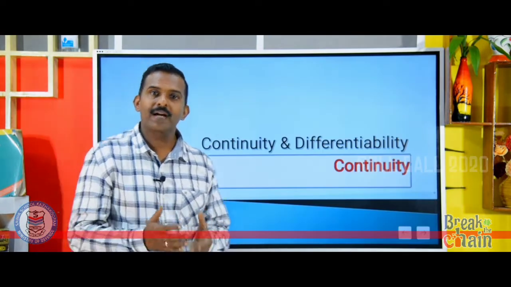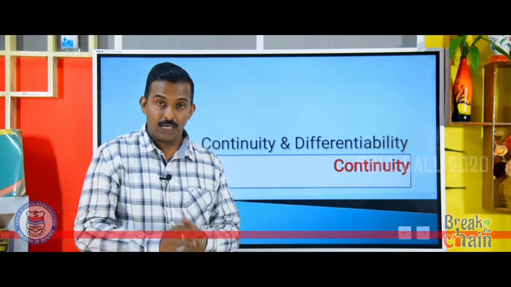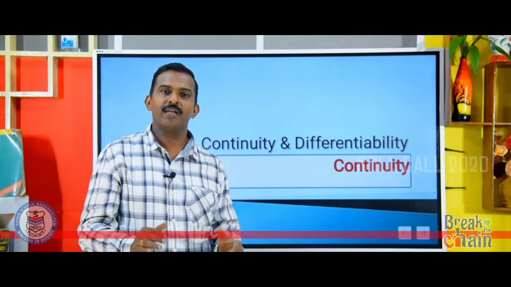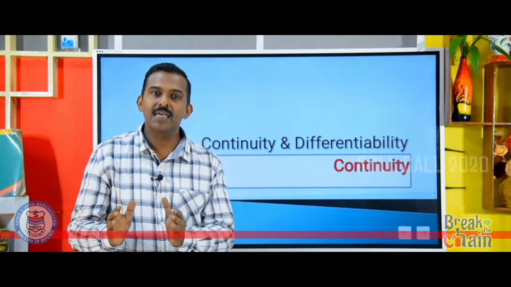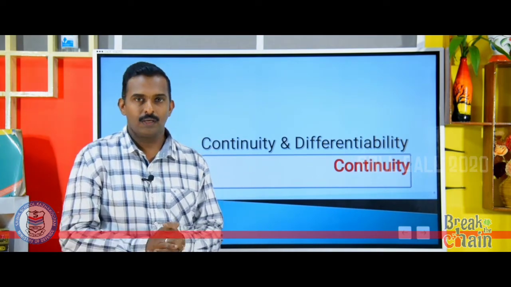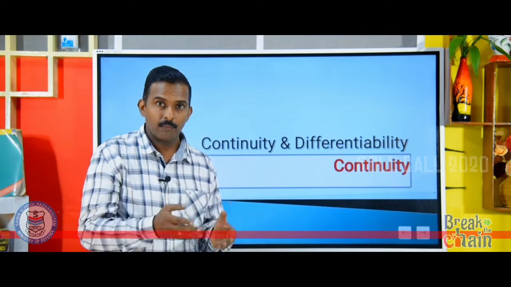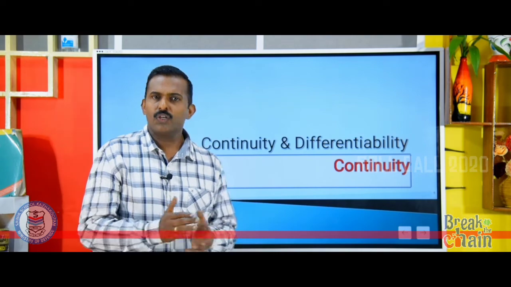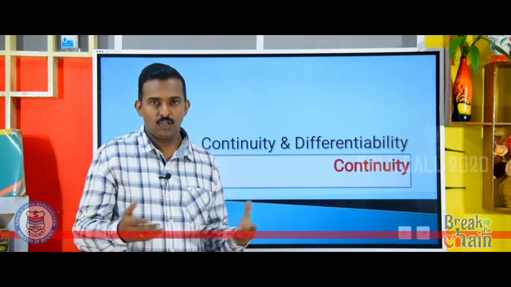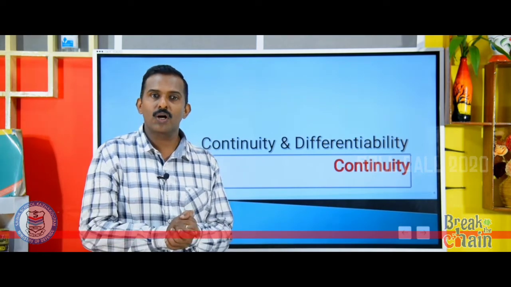Therefore, what do you mean by continuity of a function at a point? A function is said to be continuous at a point x equal to c if the limit value of the function is equal to the function value. Now again I will repeat, but in one of the examples that we have taken, the limit itself did not exist. Therefore, there is no need to go further. If the limit does not exist, surely it is not continuous.